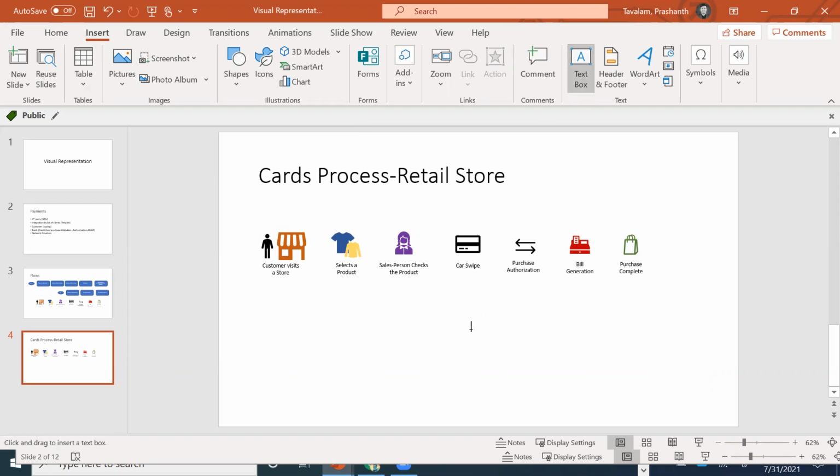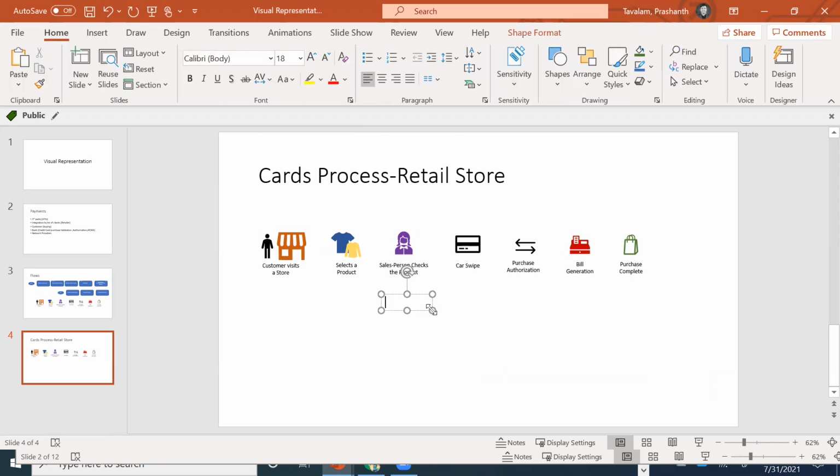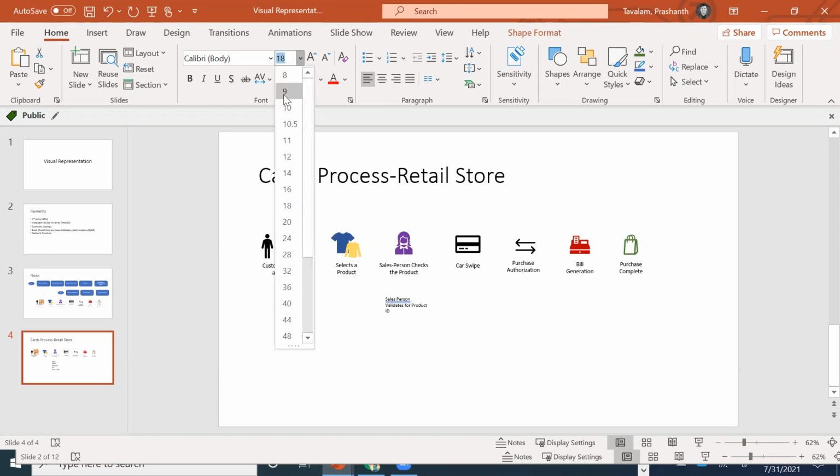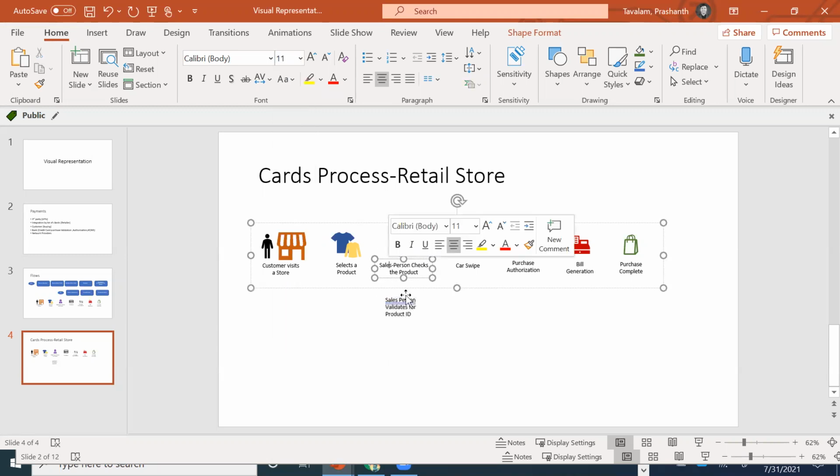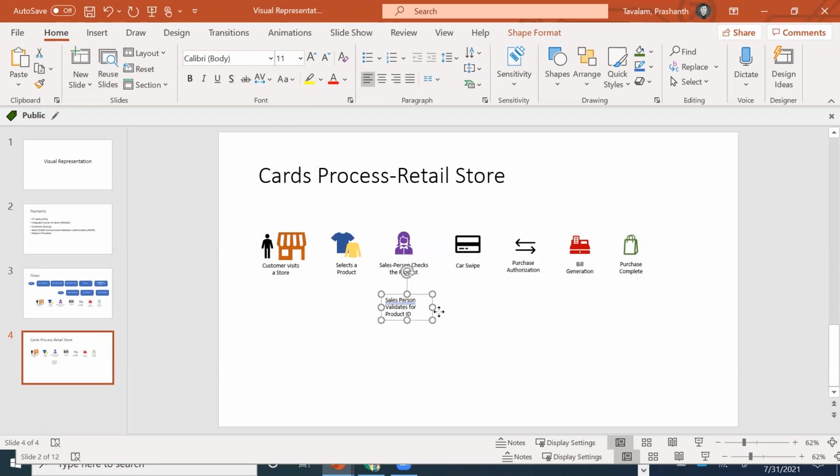Along with this, sometimes you want to explain a little more, you can add some more text here saying that salesperson validates product ID.